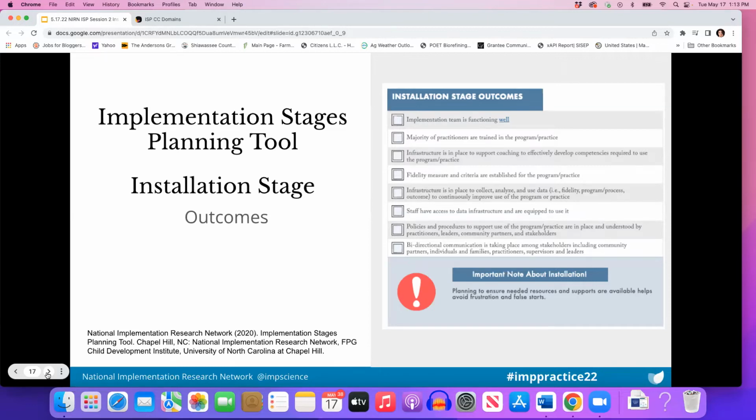We want to make sure that we take a look at policies and procedures. Is what we're building going to disrupt a policy or procedure that we might need it to? Right? Is it going to align with policies and procedures? How might that interplay be understood? And if we don't understand it from the outset, how might we build that system of a practice policy feedback loop to make sure we understand the interplay of those policies and procedures with our practices? Which takes us to that bi-directional communication Karen was talking about, right? How do we become expert communicators, but expert listeners as well? So that's what we hope to get out of installation.